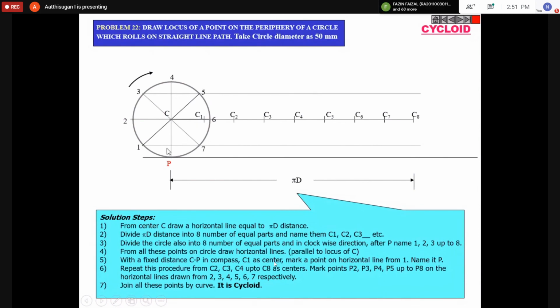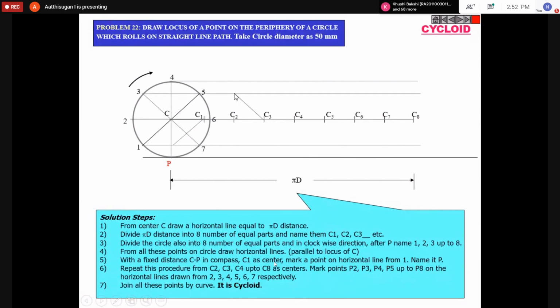Mark the intersection point on the first line, maybe you'll be cutting here. See, this point I'm marking means this distance is 30. Next, C2 is the center. Cut the point on the same second line, that will be on B here only, no problem. This distance will be a P point. Next, for C3, the third point is moving here, so this distance is 30. From this point I can take a 30 mm distance here.